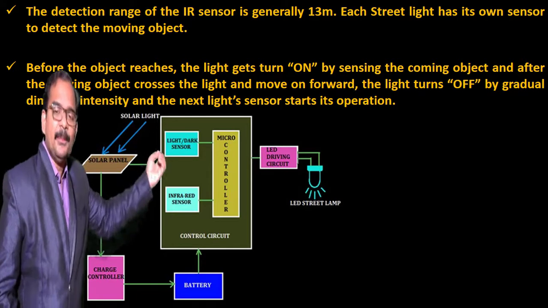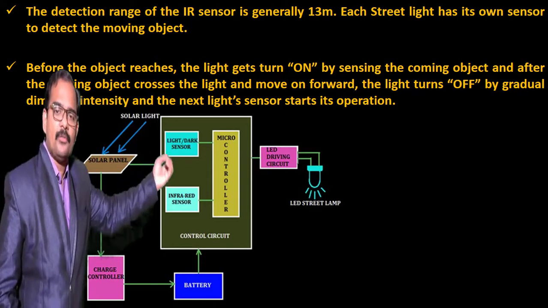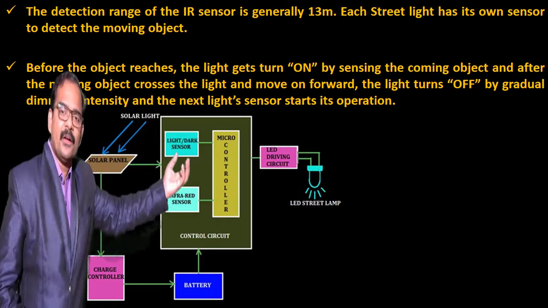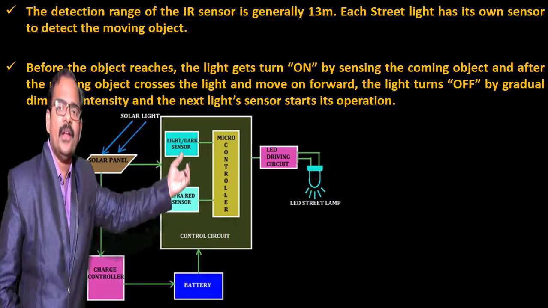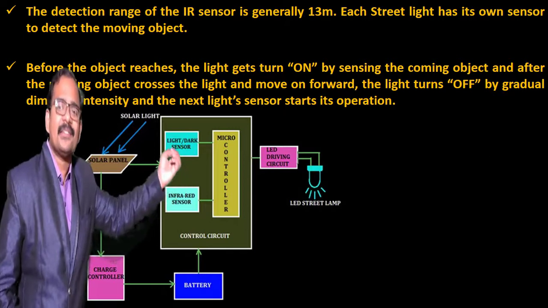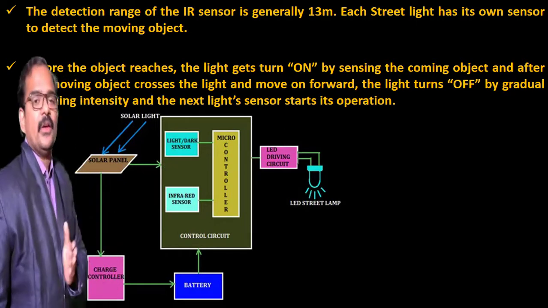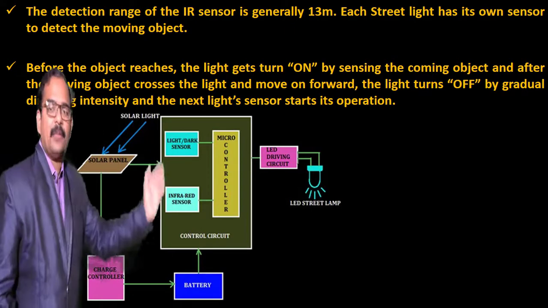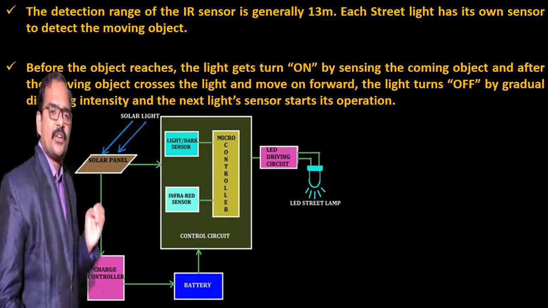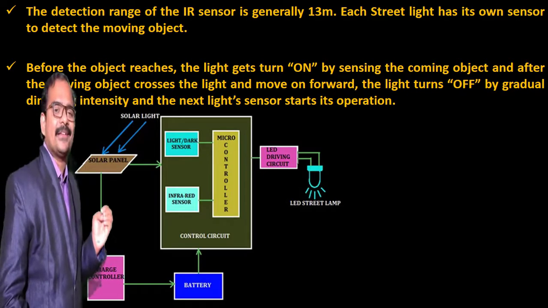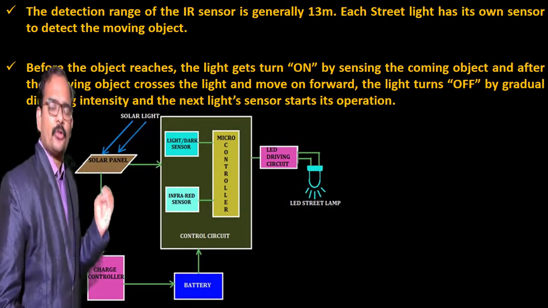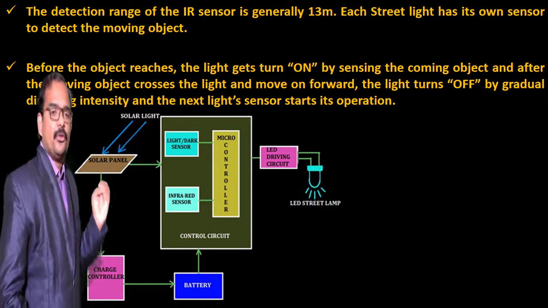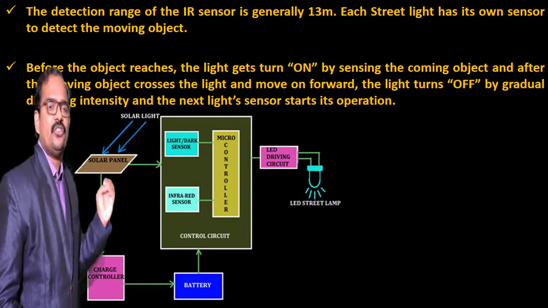Likewise, the dimming of street light number 2 and the turning on of street light number 3 happen simultaneously, and likewise the dimming of street light number 3 and the turning on of street light number 4 happen simultaneously, and so on. Instead of glowing all 10 street lights in the street, they will glow one by one, and thereby you can reduce a considerable amount of electrical energy. This is an automatic process and the controller performs this task, and that's why we call the controller the heart of this solar LED street lighting system.